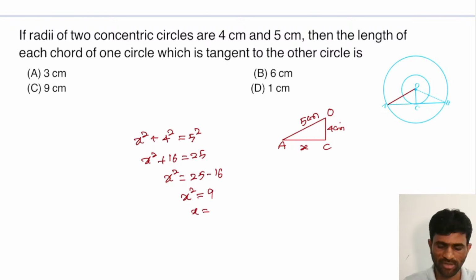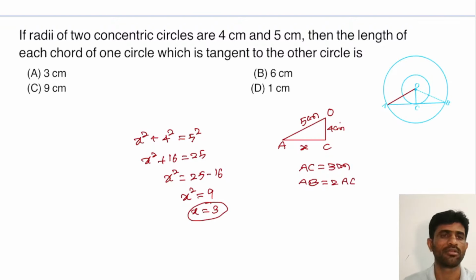X is equal to plus or minus 3, but here we take only plus 3 because it is distance. So x is equal to 3 means AC is 3 centimeters. Now AB is 2 times AC, so AB is equal to 2 into 3,